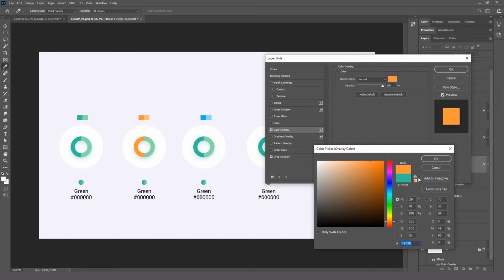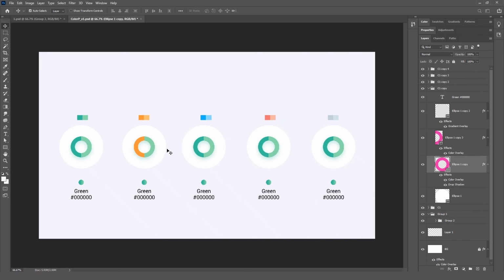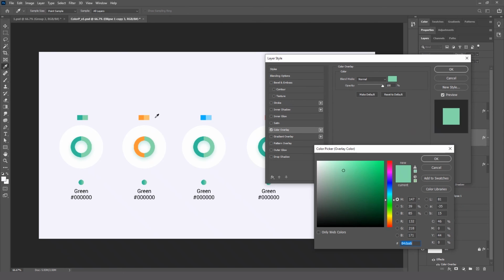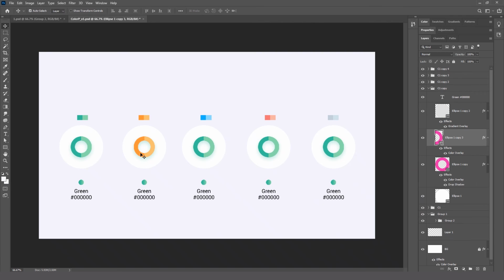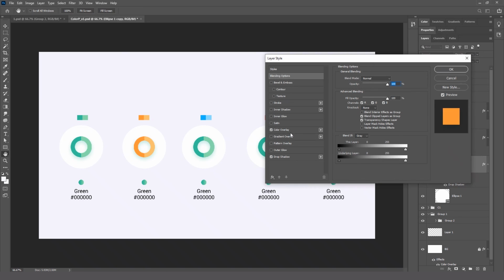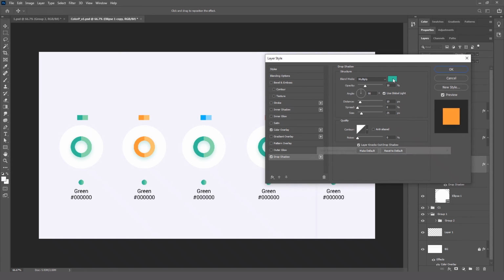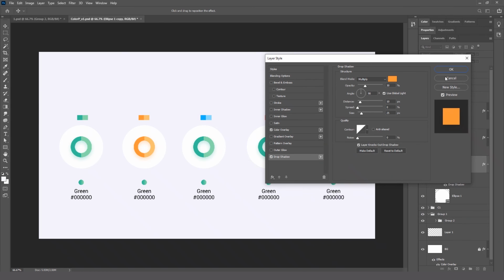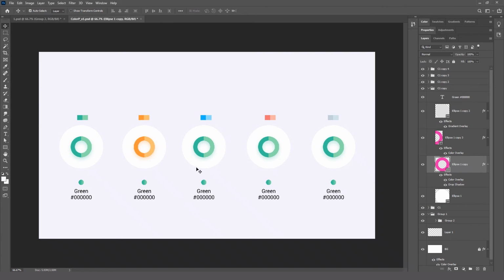So I'm just picking this orange color over here, and for this I'm going to change the color overlay to this light orange, and just change the drop shadow to this respective orange color. So now it looks good.